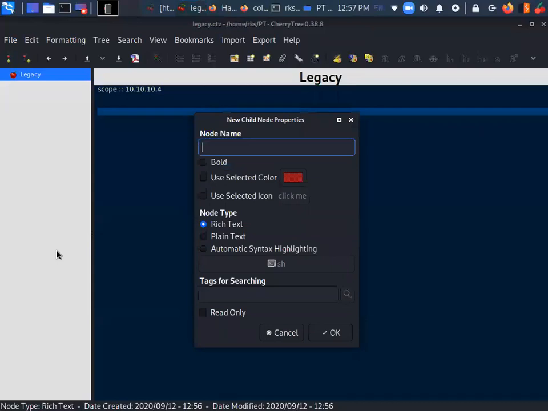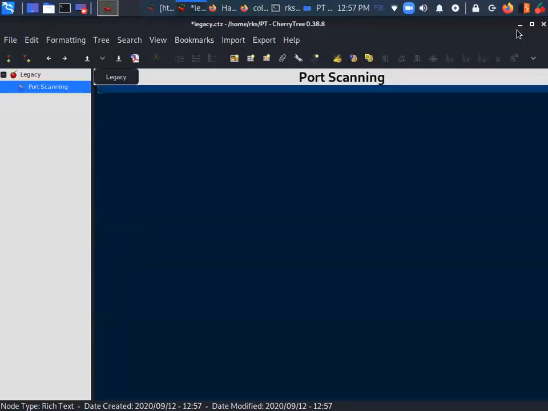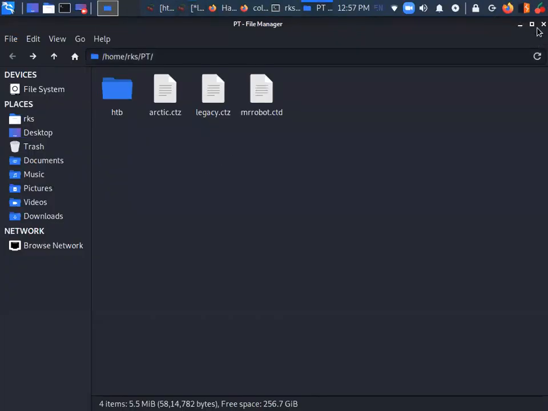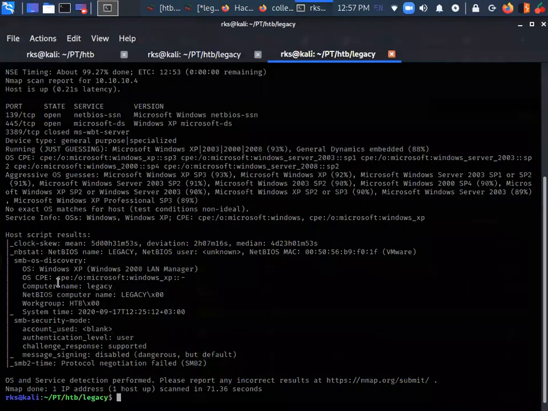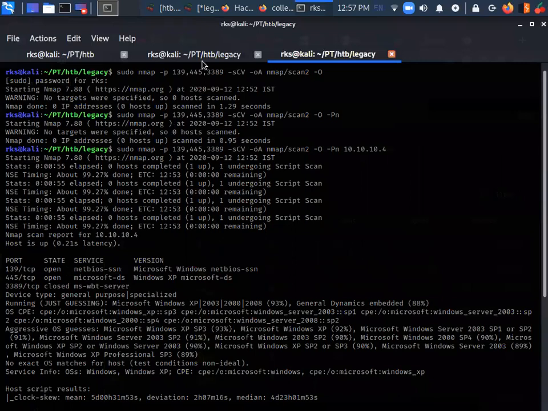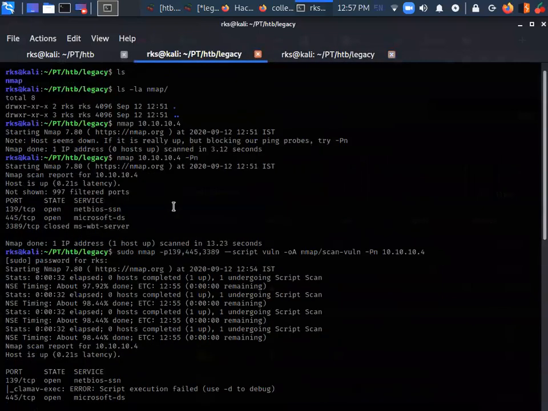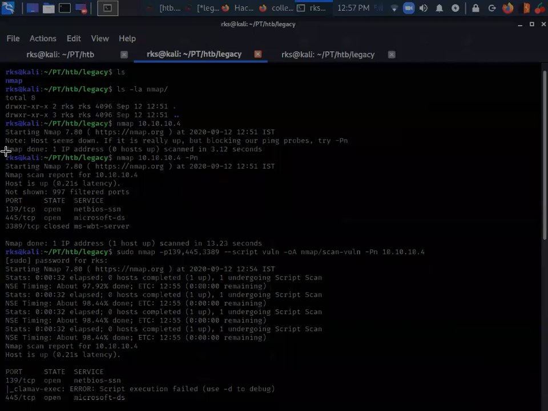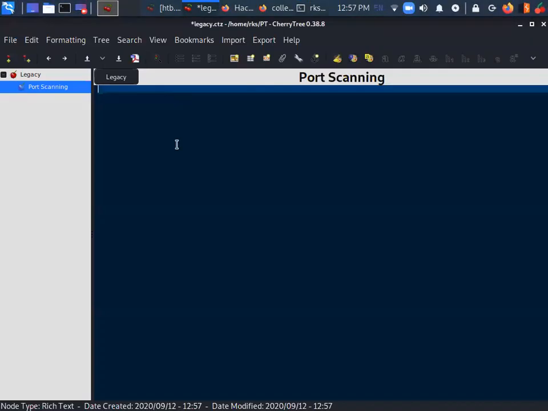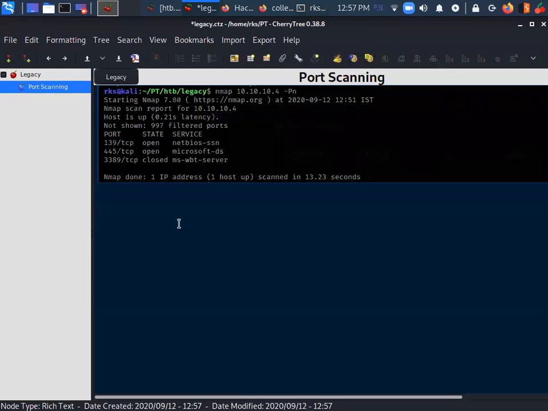The first one is your port scanning. Let's get a screenshot from here, doing Ctrl+Shift+Print Screen. Copy this part. Go here. Save it.